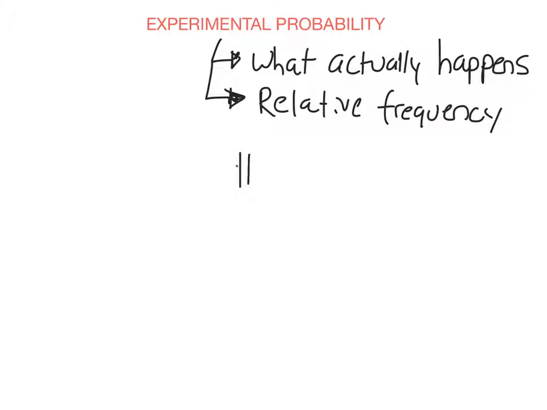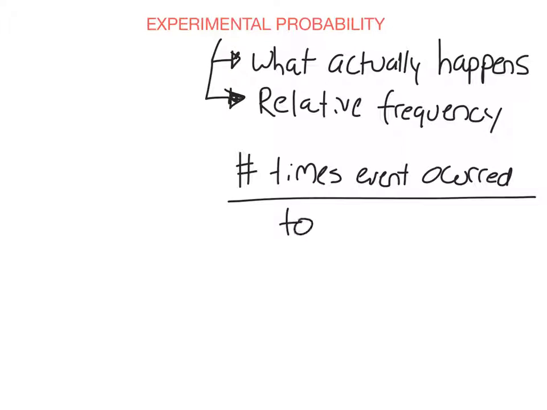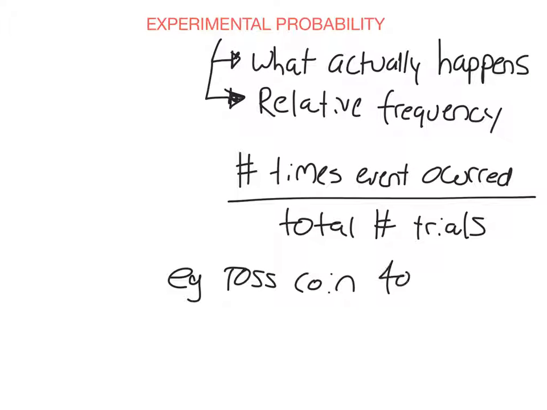So the formula is just the number of times that an event occurred over the total number of trials. So let's say, for example, that I tossed my coin 400 times, and let's say I got 180